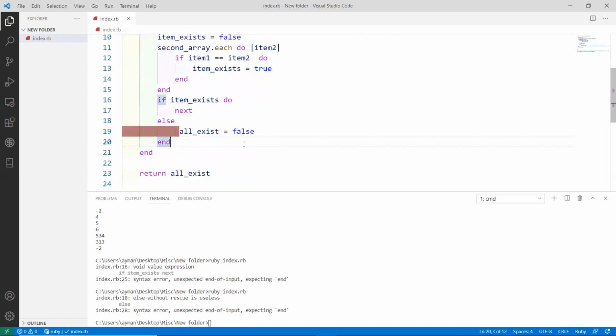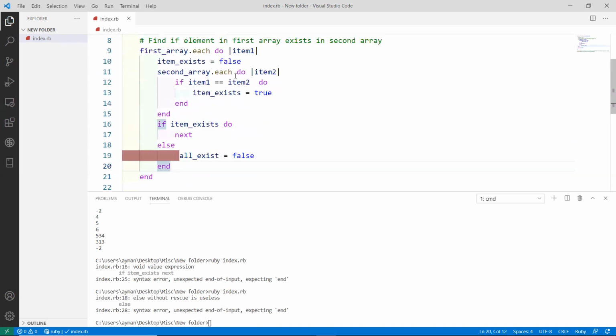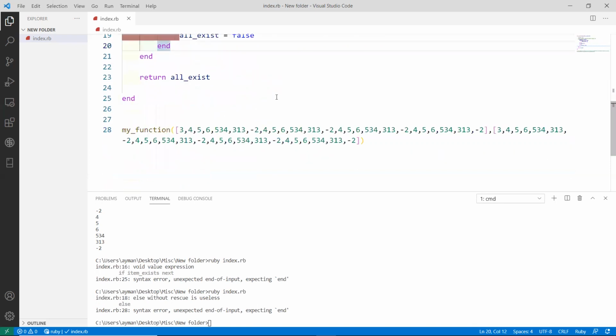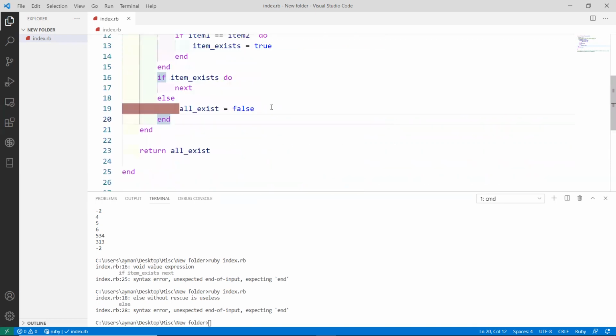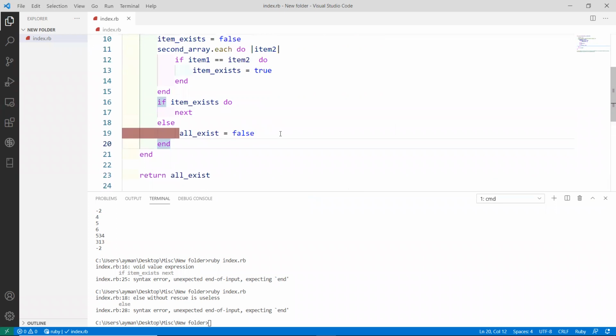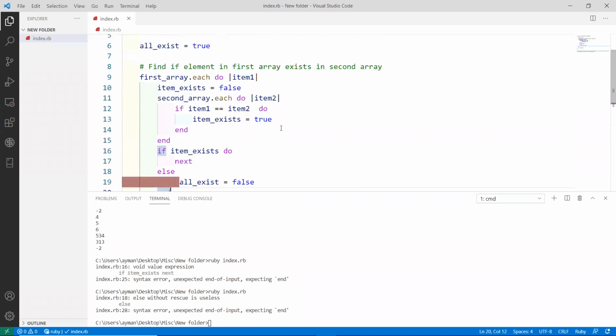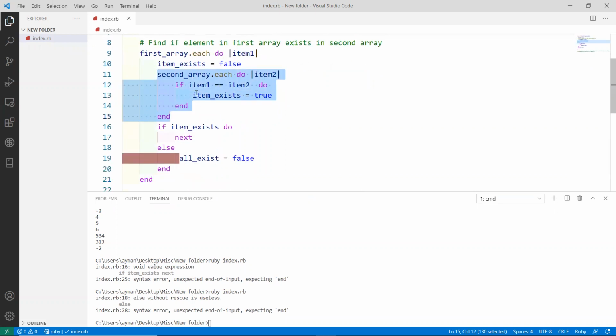I just want to tell if the item exists, which means that I found the first item in the second one. I just want to go to the next item, right? I'm finished with the second loop. Now I'm on the first loop, I'm saying if the item does exist, just go to the next item. If it doesn't exist, then give me,